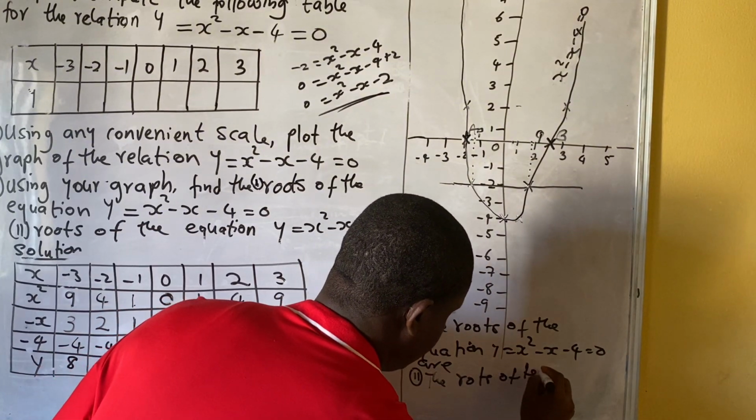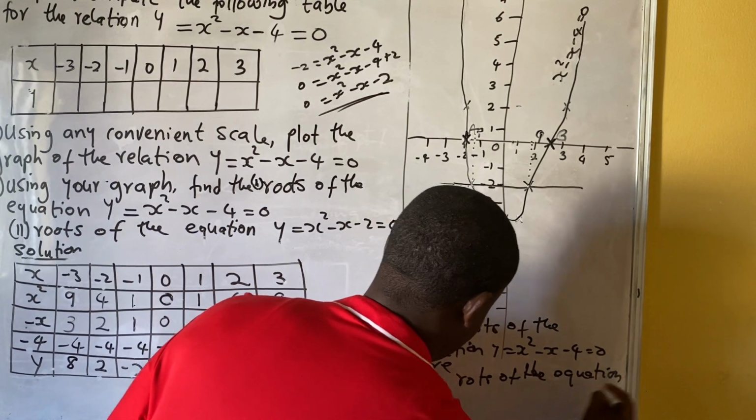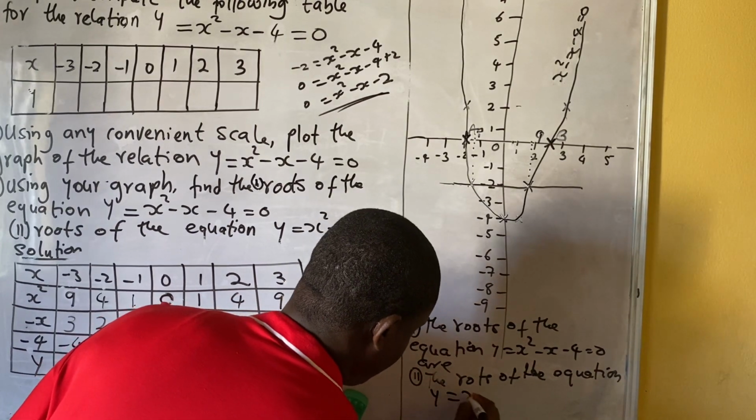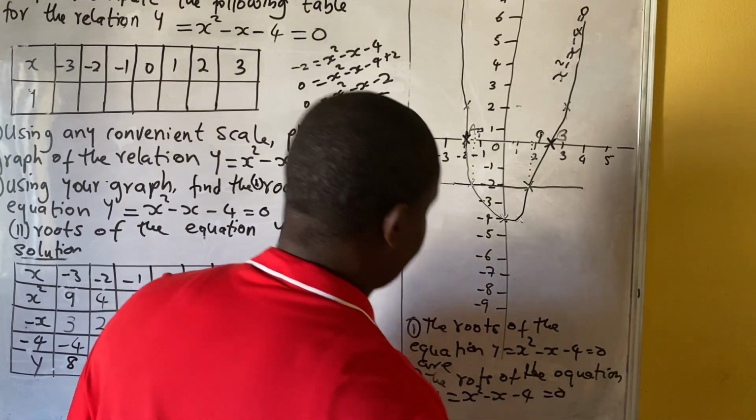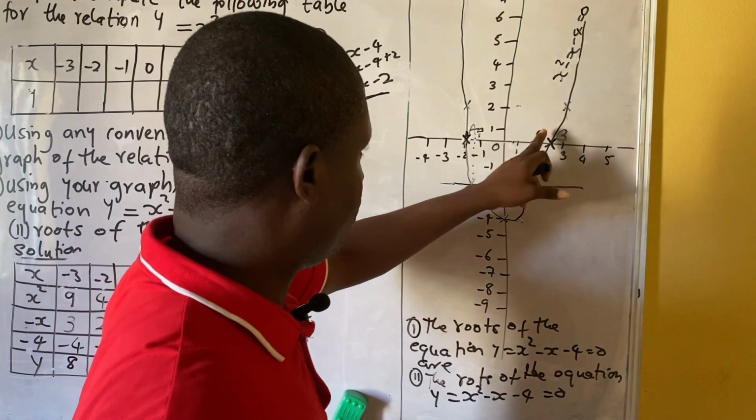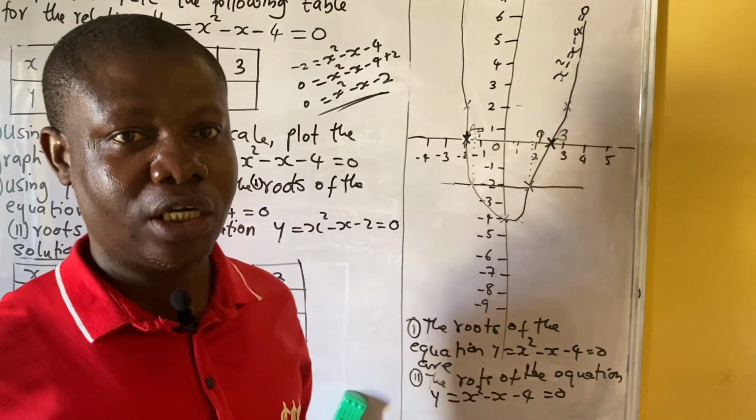So the roots of the equation x squared minus x minus 2 equals 0 will be P and Q. So I want you to do that and share your answer with me in the comment section